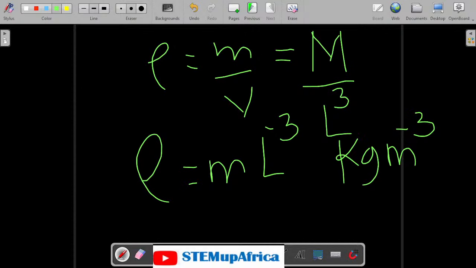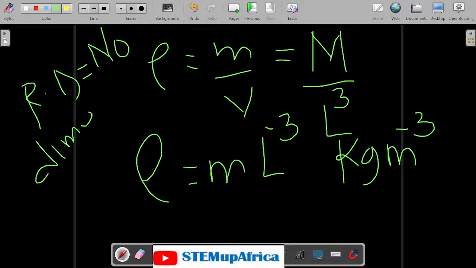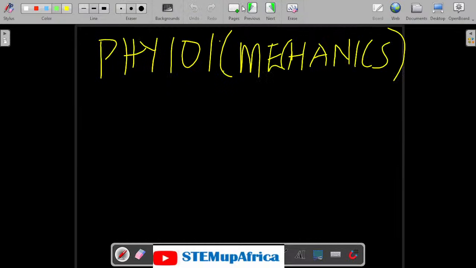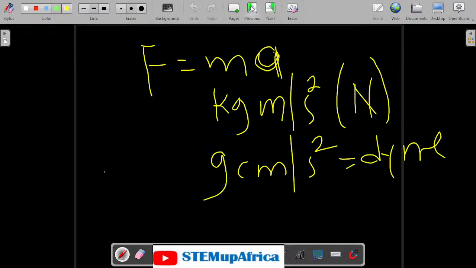But in this case, we are dealing with relative density, which is density of an object to equal volume of water. For relative density, it has no dimension or unit. It has no dimension or unit for a relative density. So let's go to the next question, which is question